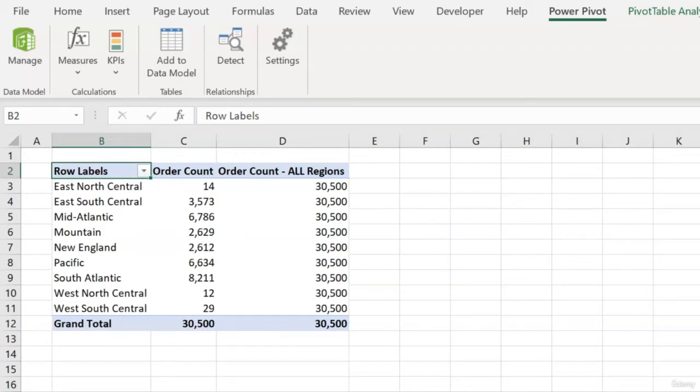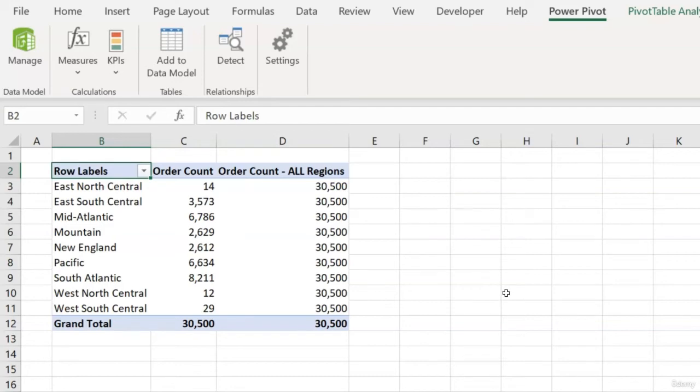total. Because when, for example, in the first row of the pivot, our pivot table comes in and tries to filter that order count measure by region equals east, north, central, our all function rejects that filter harder than Dikembe Mutombo blocking a shot. Now, just to underline how this all function only applies specifically to the field that we